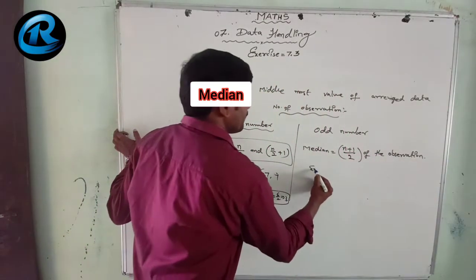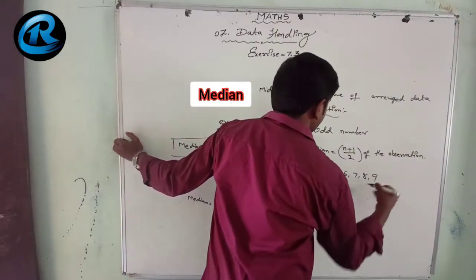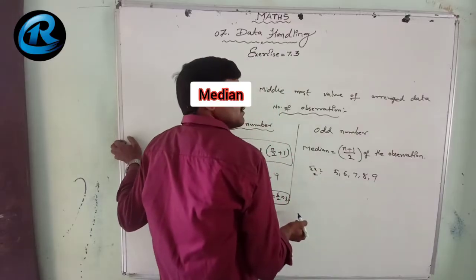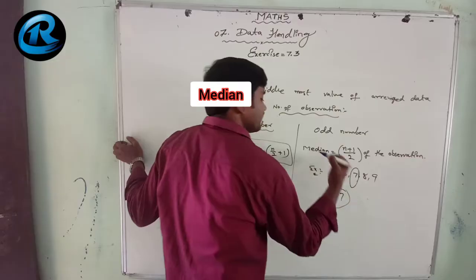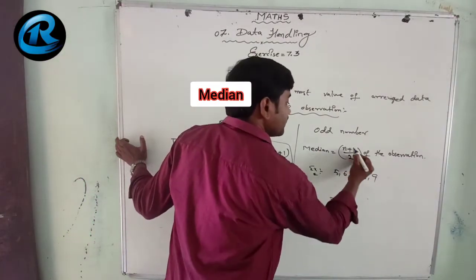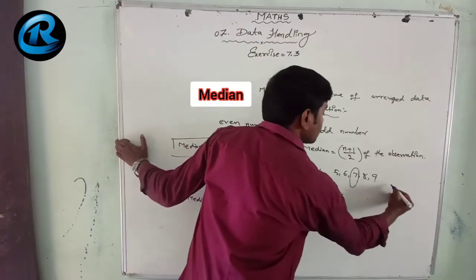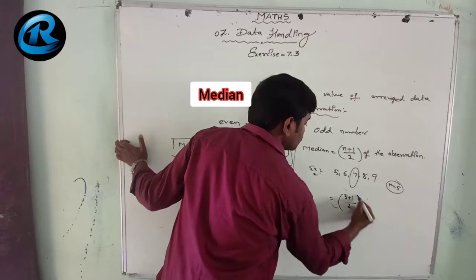For example, 5, 6, 7, 8, 9. What is the median? Already arranged data, so the median value is 7. Simple. Now by using the formula n plus 1 by 2, n equal to 5. 5 plus 1 by 2,